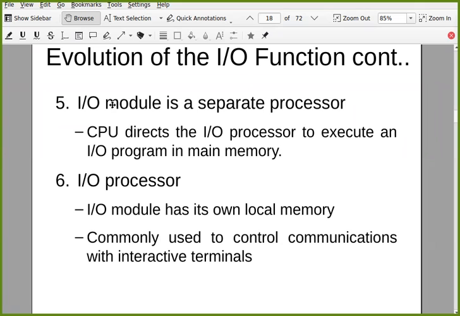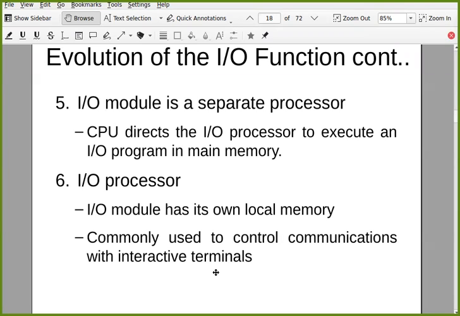Then there was a further improvement in that IO processor. The IO module now has its own local memory, like registers and other stuff, and this is commonly used to control communications with interactive terminals. So this is how the IO functions evolved.